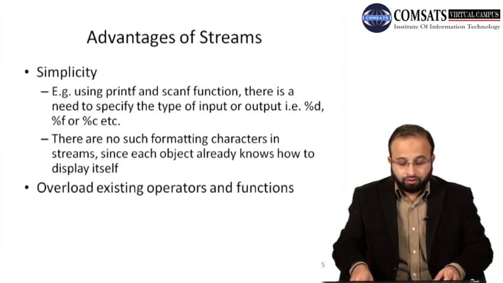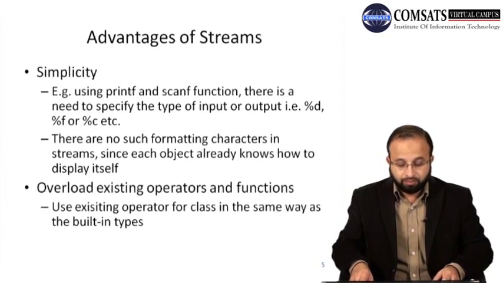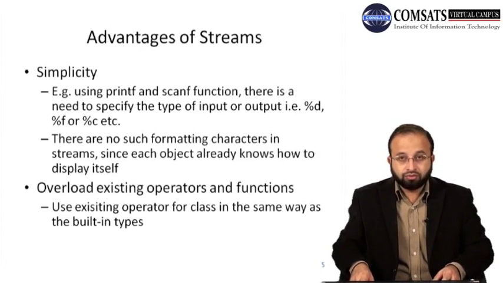So then overloading existing operators and functions. So using existing operator for a class in the same way as the built-in type, that we can overload the operators and use it in the same way as we are using the built-in data types. We have already seen this thing in the